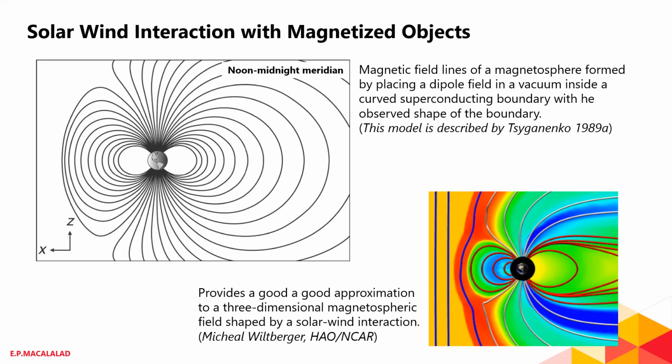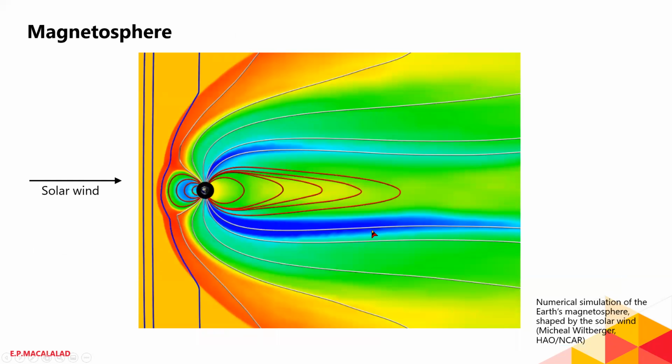And because of the solar wind, which is constantly provided by the sun, remember that solar wind is always there because of the temperature, because of the pressure difference between the solar atmosphere and the interplanetary space. So the solar wind will always be there. That means the magnetic field of the Earth is always shaped like this. Because of, as I mentioned before, the fast-moving solar wind, it actually creates a bow shock.